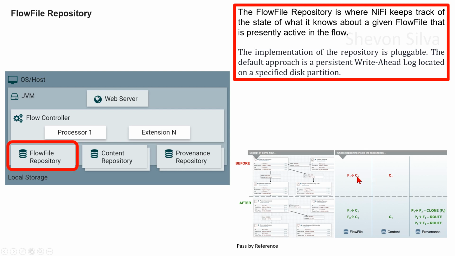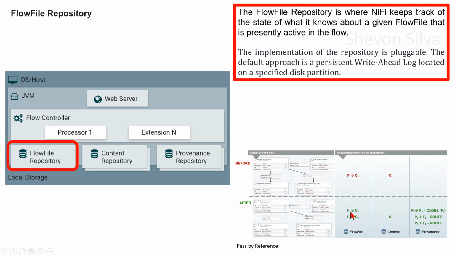This information is located in the flow file, content and provenance repos respectively. After the routing, RouteOnAttribute processor examined the flow file status code attribute, it determines that it should be routed to two different locations. First thing that happens